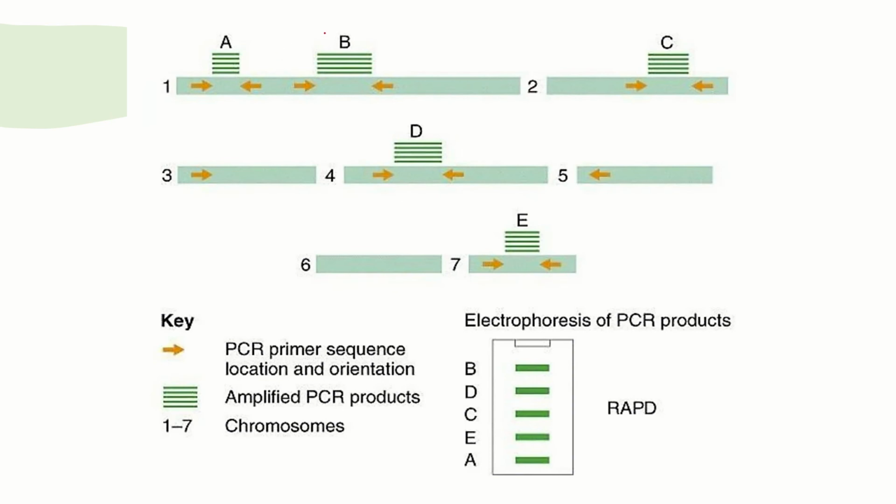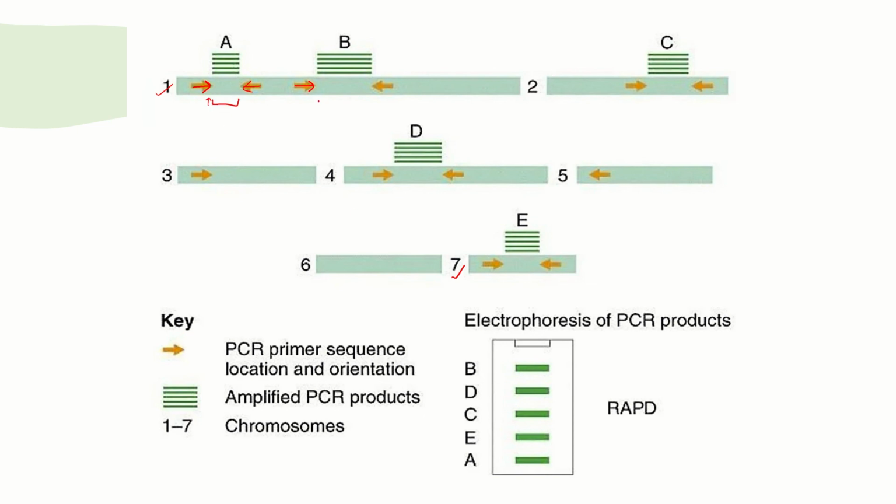So this is just to give you an idea. For example, you have a total of 7 chromosomes. See, they are numbered from 1 to 7. In these chromosomes, we don't have any idea about their gene sequence. To them, I add a primer. This arrow represents a primer. Now, wherever the complementary sequence of the primer is present in those chromosomes, it will bind there.